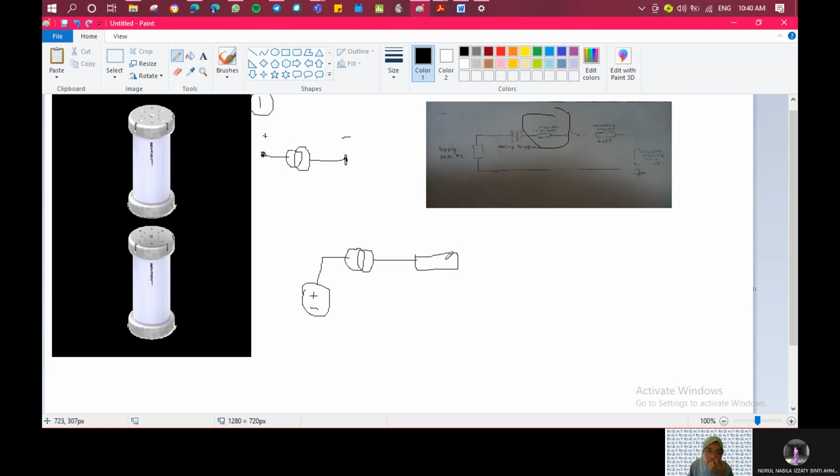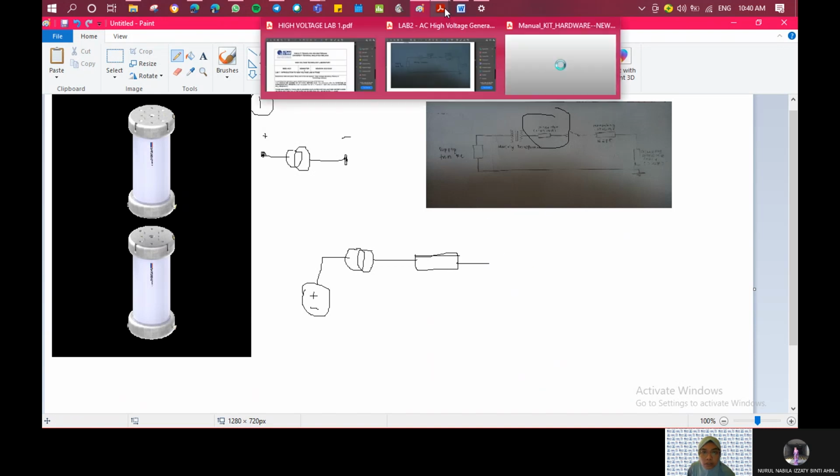The conductor we use, like in lab 2, is a pure steel rod that we use to connect the large high voltage transformer with the secondary part unit. So the secondary part unit consists of